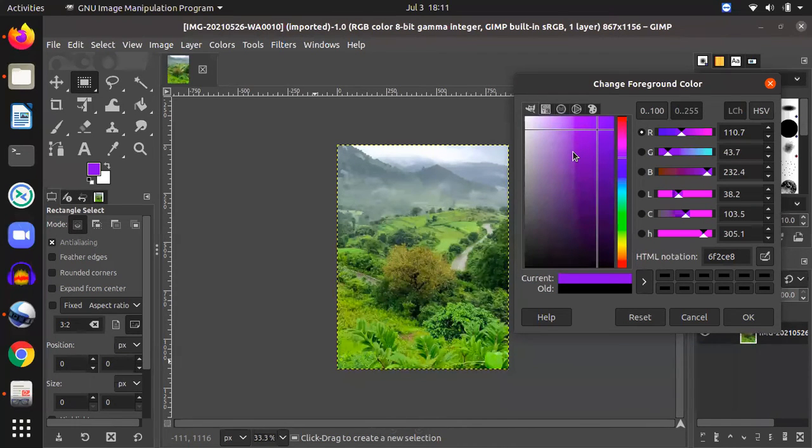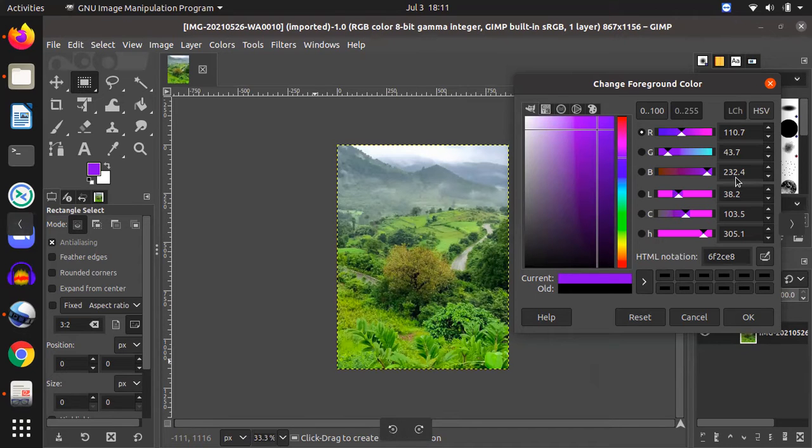Whatever screen I am showing is from the software GIMP. But if you select Photoshop, you get this same screen there too. Here I have taken a sample. This particular tool is for selecting the foreground color and background color. Here this particular color is selected as the foreground color. What is the meaning of this color? If I click here, I get values like these: for RGB, for R, some specific value is there, let us say 110. For green, it is 43.7. And for blue, it is something like 232.